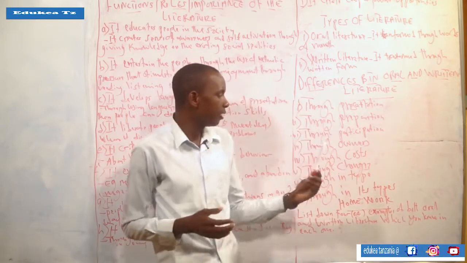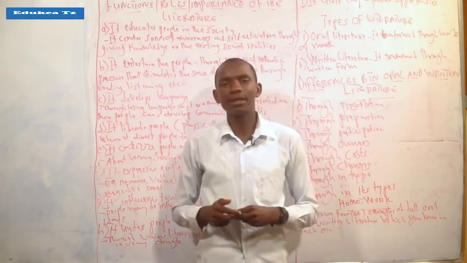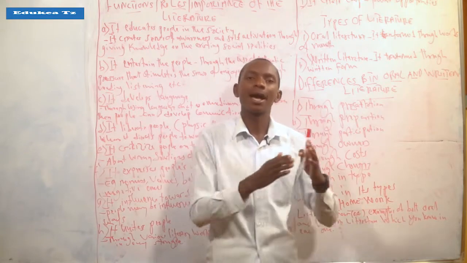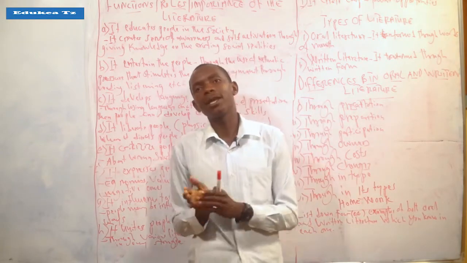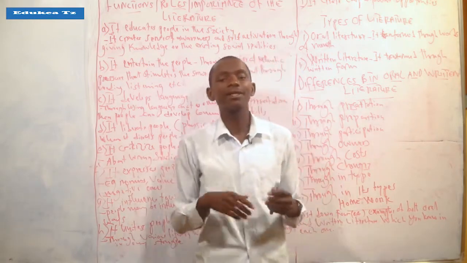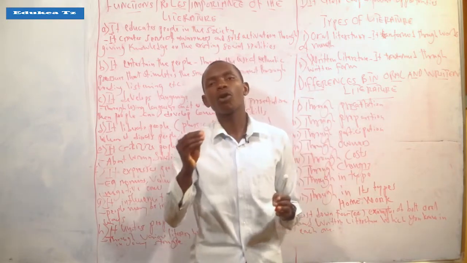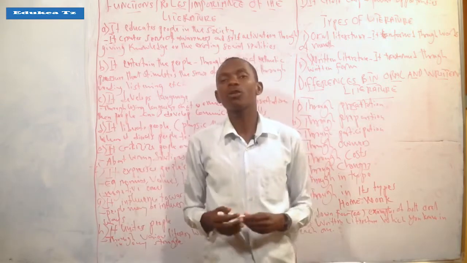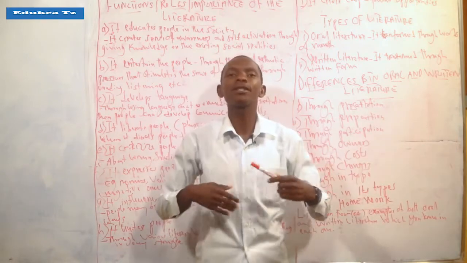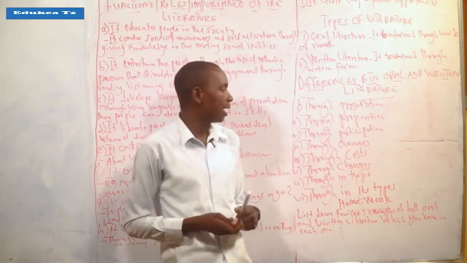That is the second one. And the third one is participation. Any kind of oral literature needs participation between the artist and the audience who are listening. But in written literature, the author of that book you cannot see physically. It has been written by a certain author who is far away, so you cannot see him or her.